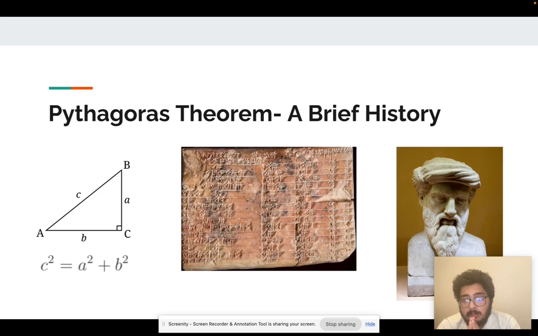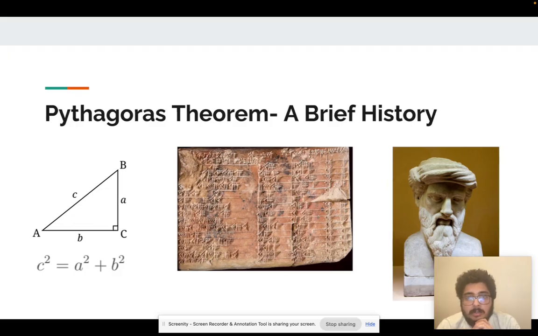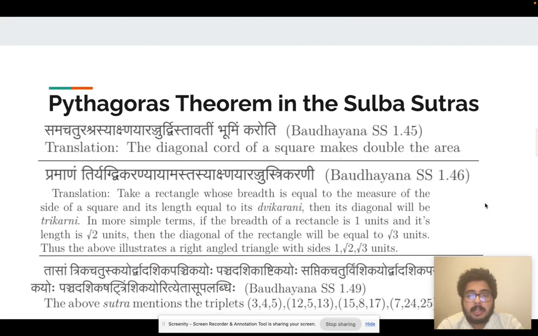However, we do not think so, because we have ample evidence that the axiomatic definition and proof of the theorem was known to the Indian authors, which we will establish now. So, moving on to what we find written in the Sulba Sutra. There are two or three Sulba Sutras that we know, one of Baudhayana, the other of Apastamba, and also some others, which we will discuss later. There's one by Katyayana also. Now, first we will move to a special case of the Pythagoras theorem that is mentioned in Baudhayana Sulba Sutra 1.45. This is a Sanskrit formulation found in this sutra,